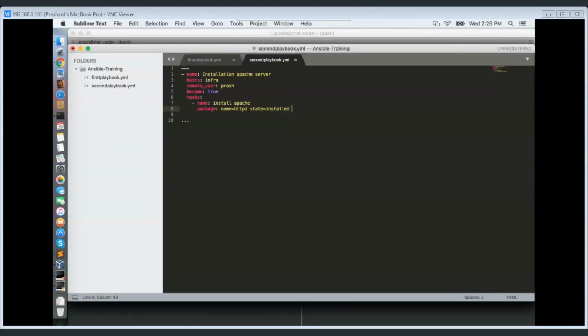So I'll give the URL: Ansible package module. This is the URL. For any module you want, just open that URL from